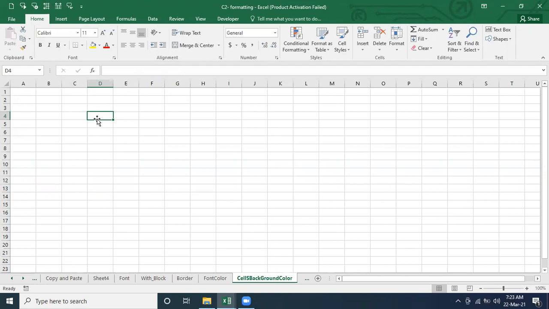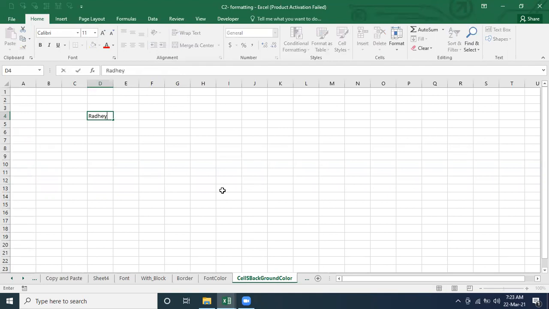You are not talking about the font. You are talking about the background. So if I do font dot color, it will be applicable for what? It's going to work for the font only.